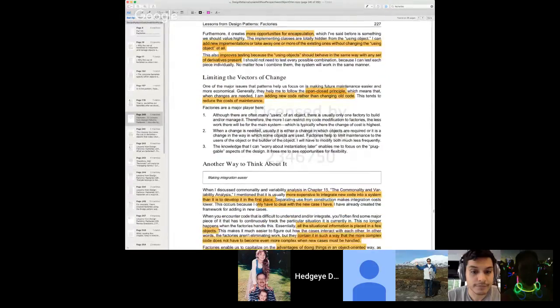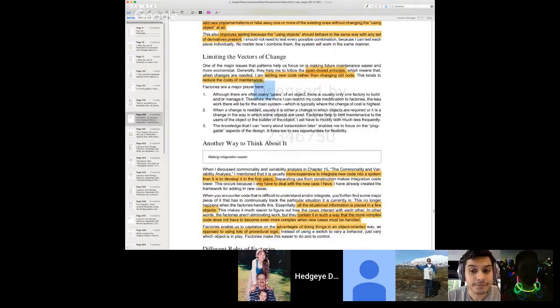If anyone had to change and you had to start changing things on 3 classes, you go, oh, that's really terrible. Wouldn't it be nice if I could just derive a new class and then make a new factory to swap that in? Okay, so open close, yes. I'm adding new code rather than changing. So he said what I just said, reduce cost of maintenance, which I just said. So